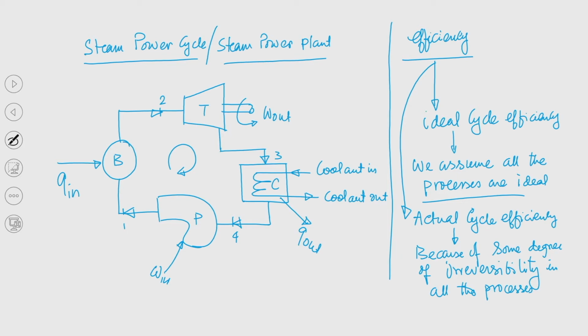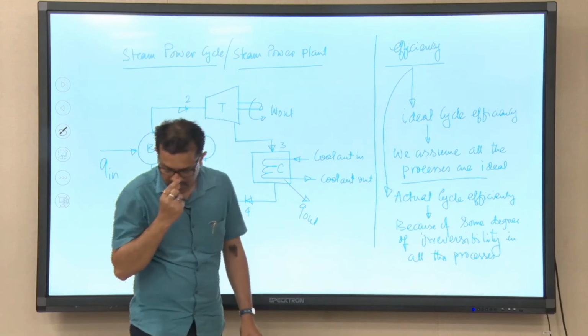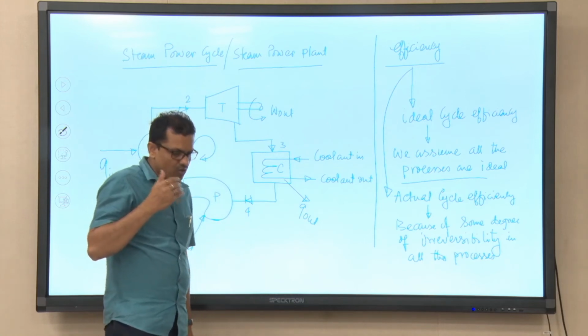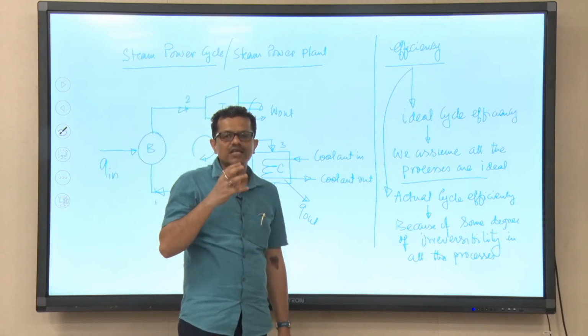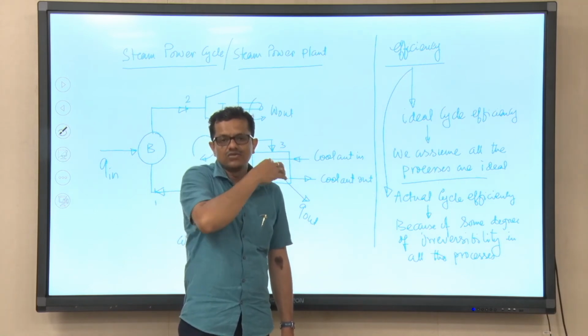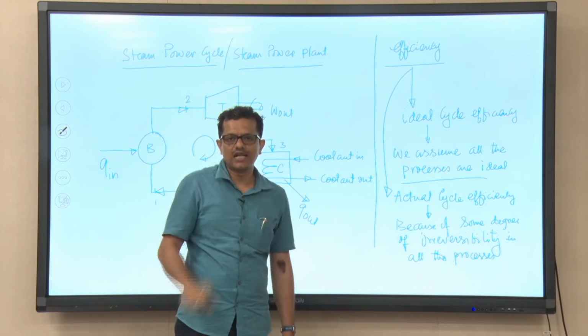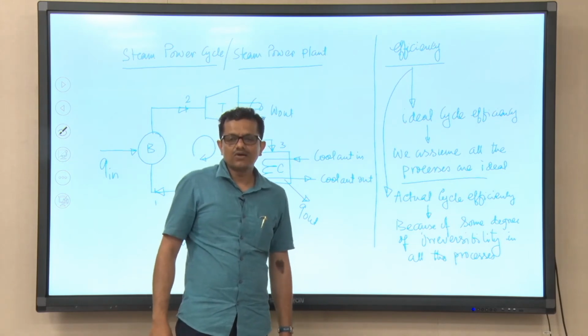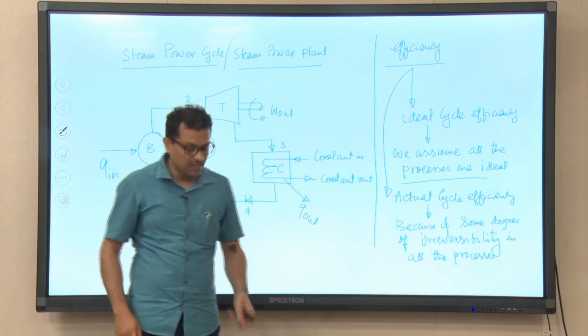Also the capital cost or initial cost is there. Initially we need to install the pump, boiler, turbine, and condenser. Depending on the size of the plant, how much work output we need from this particular plant, this capital cost or initial cost will depend. So, when we consider a particular cycle, this choice depends on two important aspects: one is called capital cost or initial cost, the other one is called the operational cost.